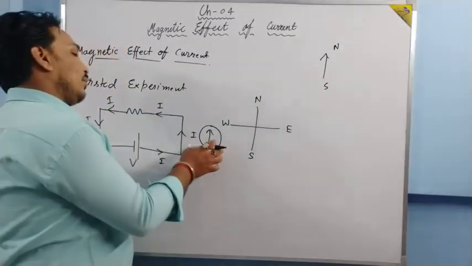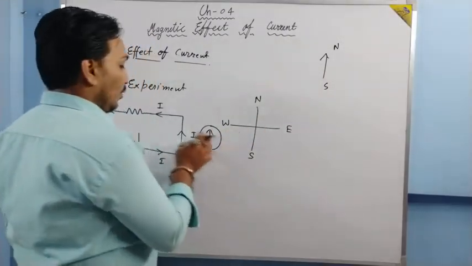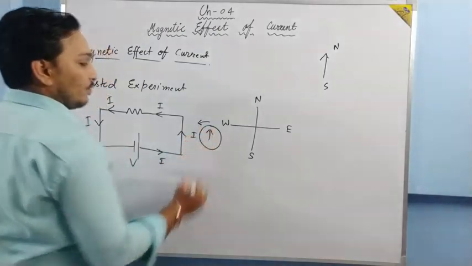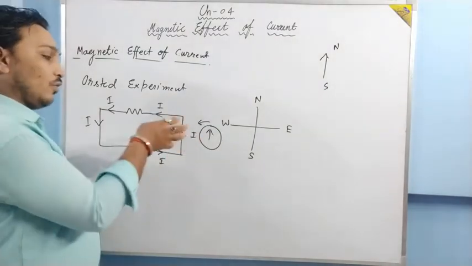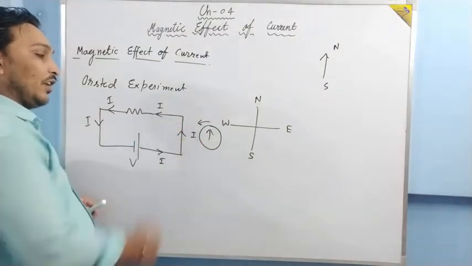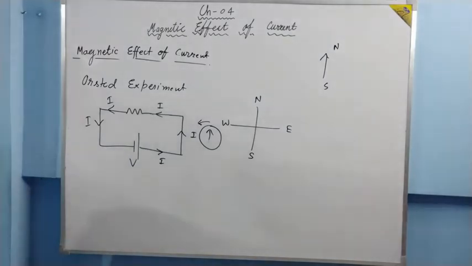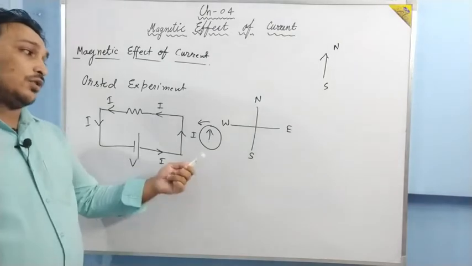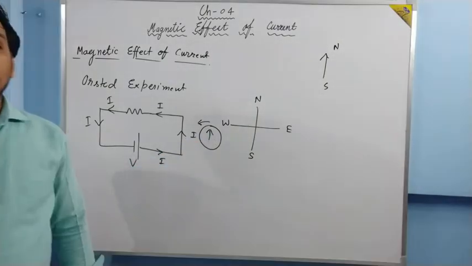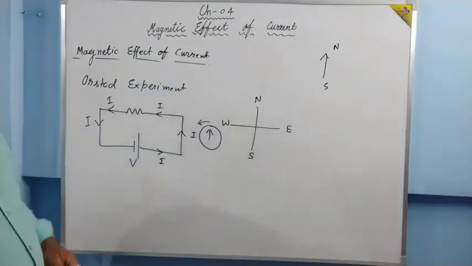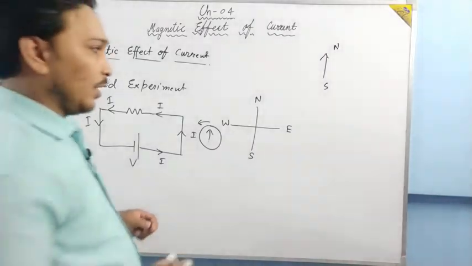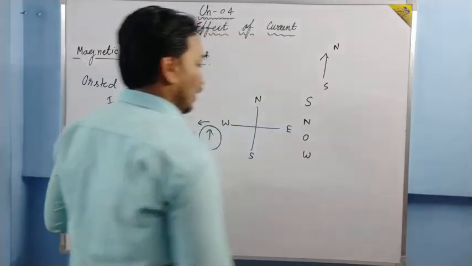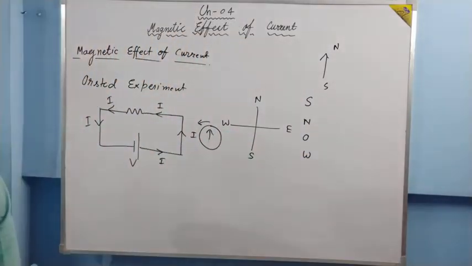So when this magnetic compass is placed nearby the wire, we observe that the magnetic compass shows a deflection. When we put this magnetic compass over the wire, we see that the magnetic compass is showing a deflection. It simply means that there must be a magnetic field which produces a deflection in the magnetic compass. Oersted, after doing a lot of experiments, gave us the Snow rule. You must have studied it in class 10th. Snow rule. What is the Snow rule?